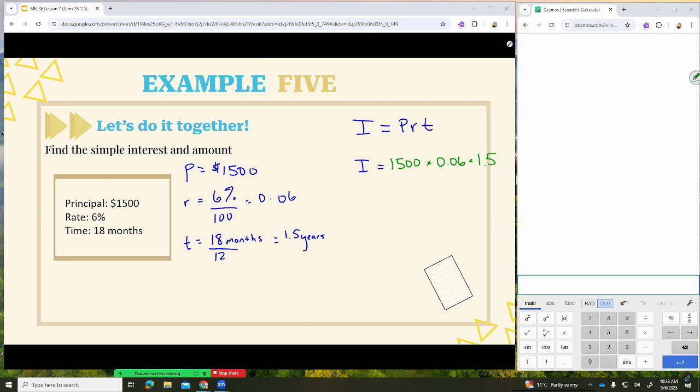So see how you can do it different ways. You can put them in brackets, or you can use the little X symbol for times. We're going to show you on the calculator too that we can put it into brackets. 1,500 times 0.06 times 1.5 equals